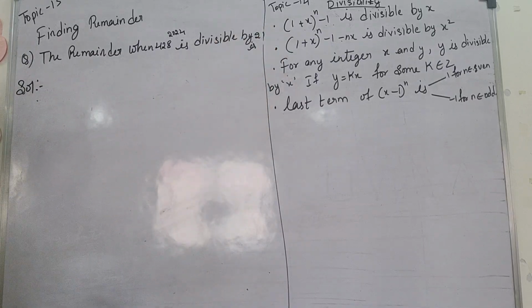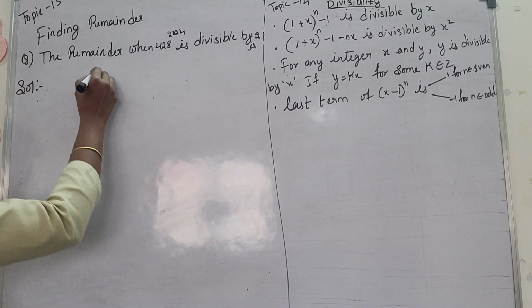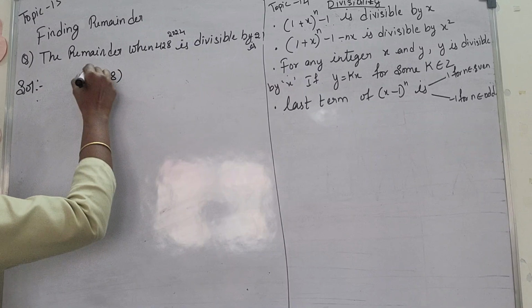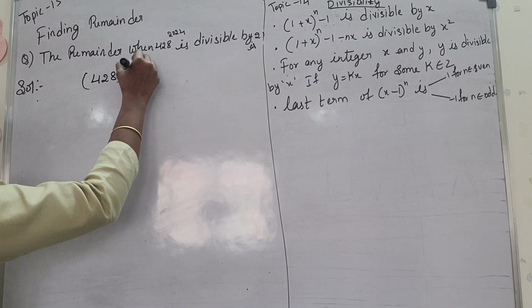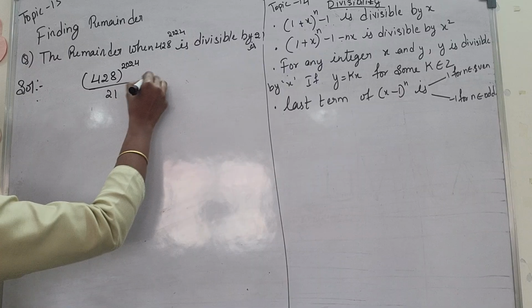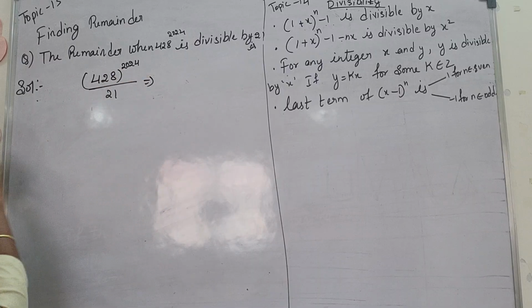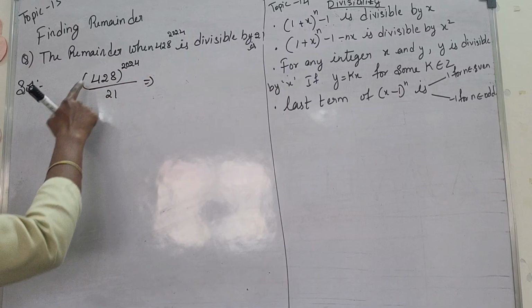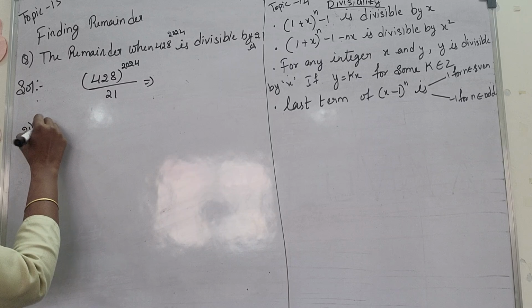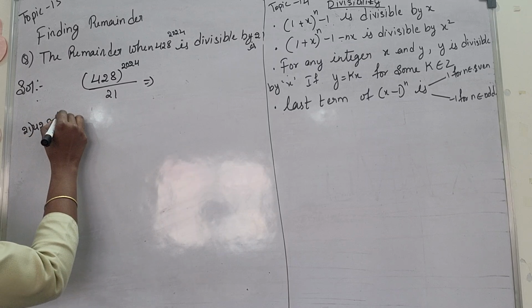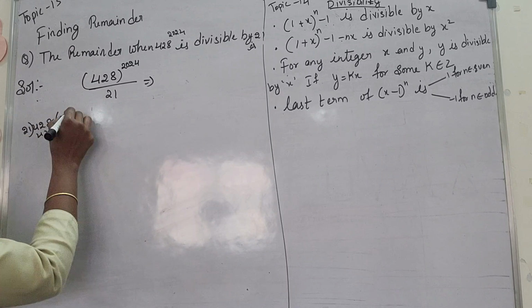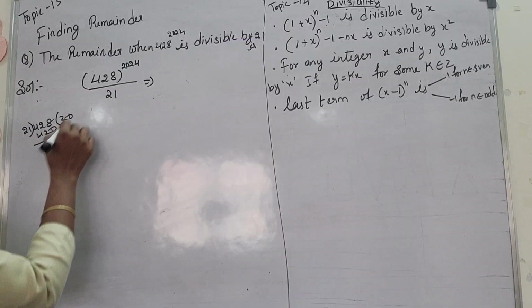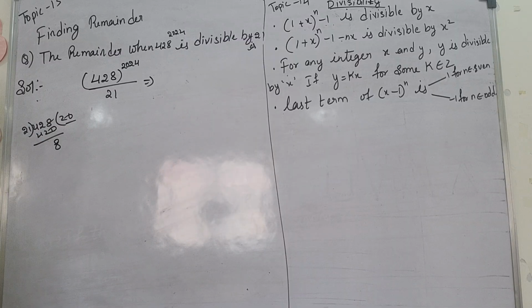Okay, so first of all the number itself is very big. So later I go for the power divided by 21. So how can I make it? 21 divided by 4, 21 2s are 42. So 0 if I keep it, 8. So 20 is going, right? So I'll write it as